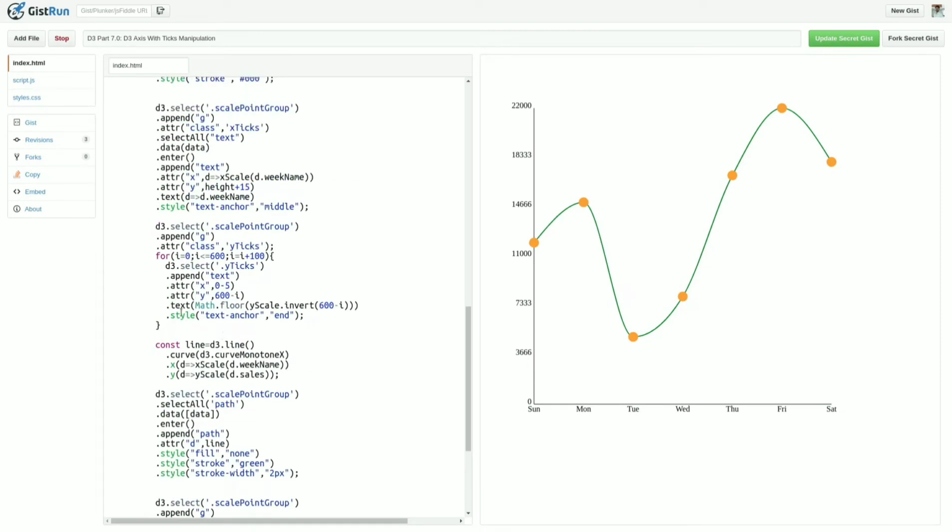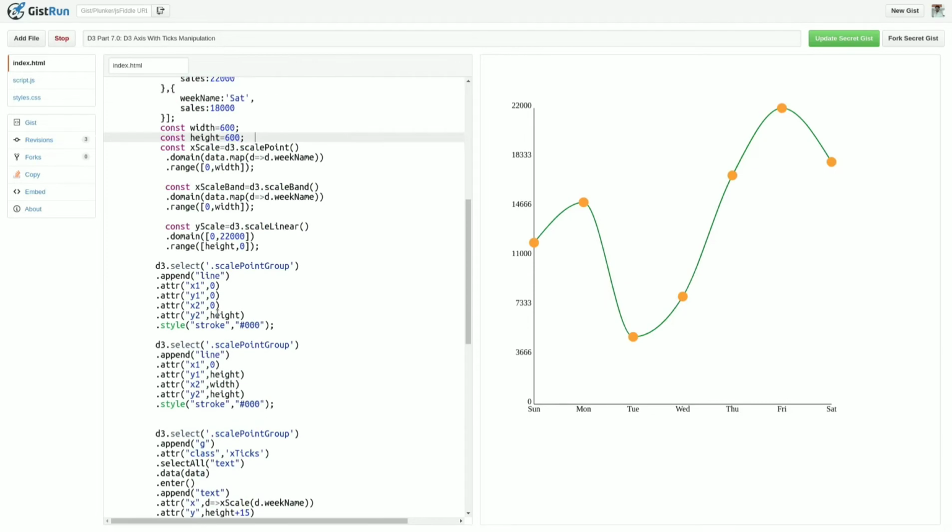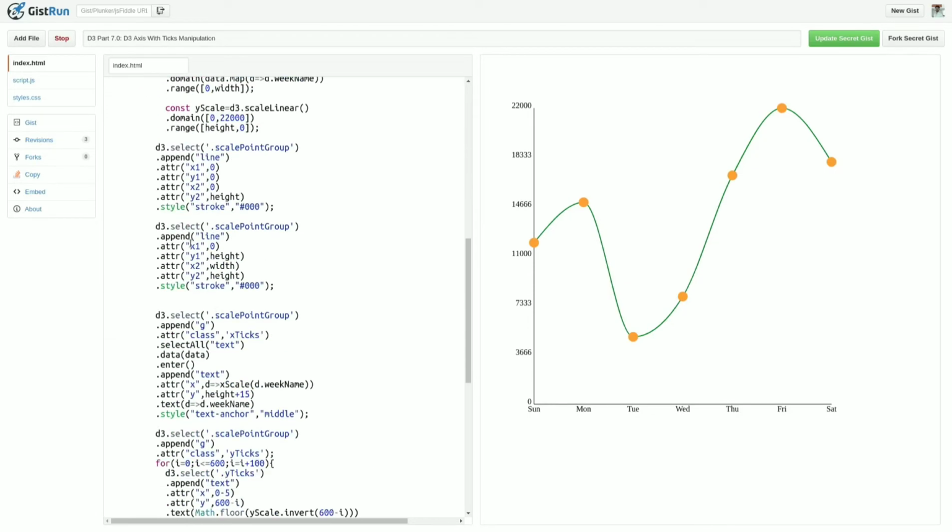I have drawn this horizontal line and vertical line using this code.